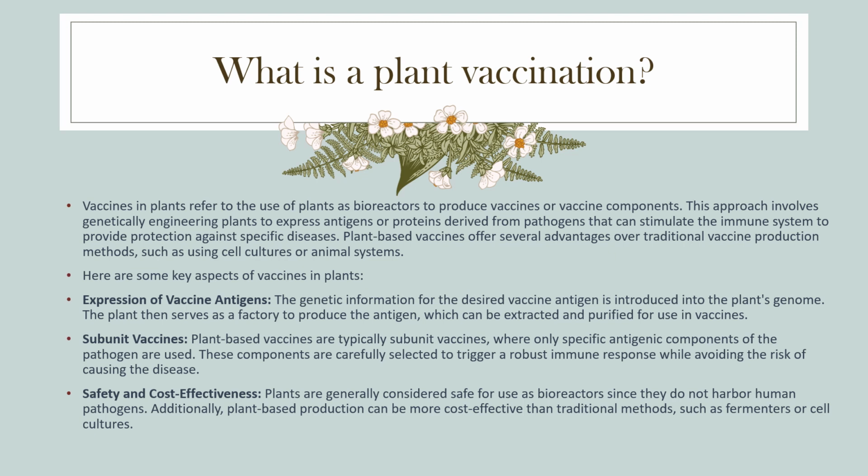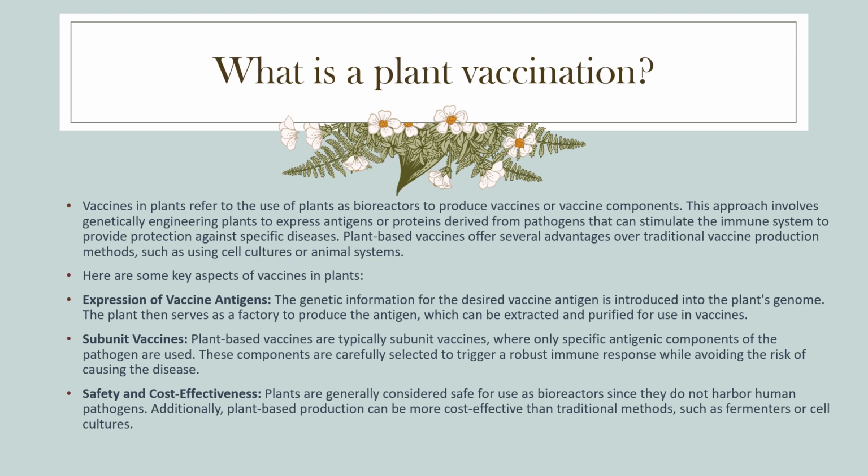So again, as I previously mentioned, a plant vaccination is derived from genetically engineered plants that are expressing certain antigens and proteins to help with certain immune responses. Some of the key aspects that I wanted to highlight are the expression of vaccine antigens, where the genetic information for the desired vaccine antigen is introduced into the plant's genome. The plant will serve as a factory to produce the antigen, which would be extracted and purified for the use of vaccines. The subunit vaccine,